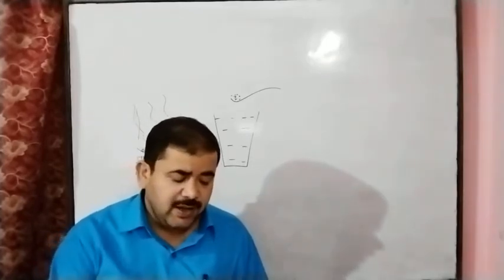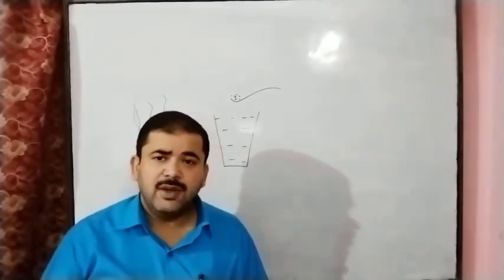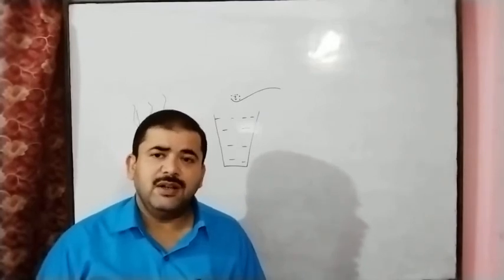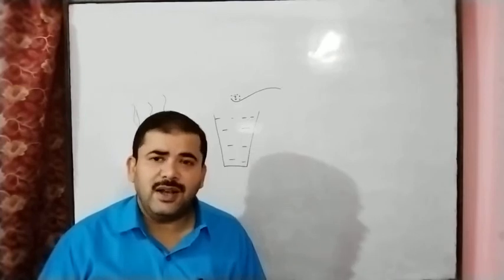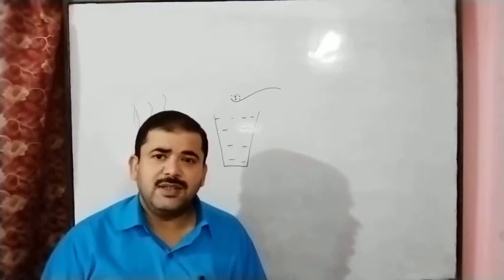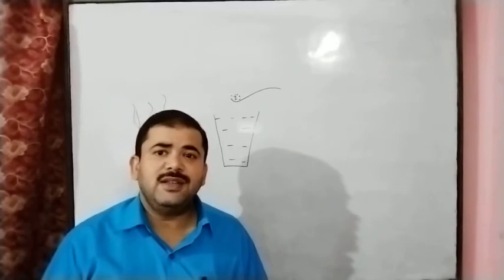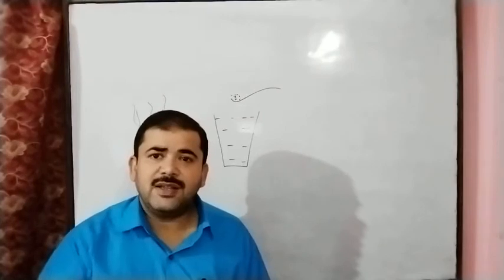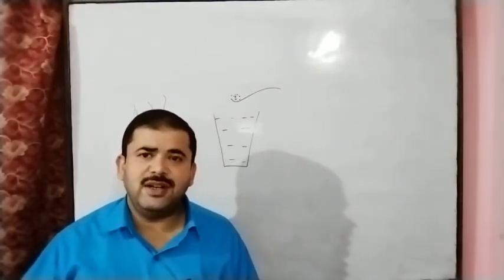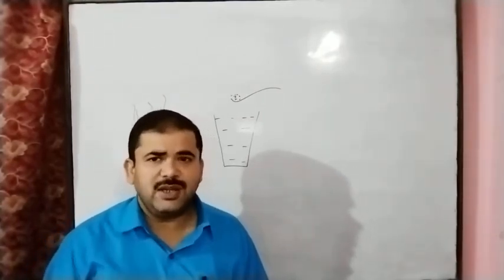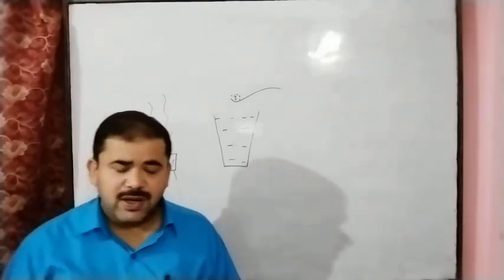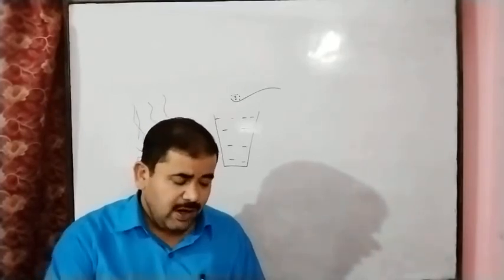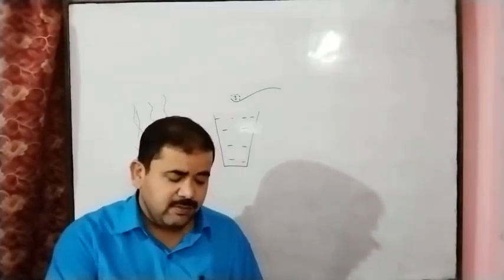So here, if we take the state of the constituents, solid-solid means a mixture made by solid substances. For example, if you mix salt, NaCl, common salt, and sand, we can say this is a mixture of solid-solid. NaCl is a solid substance, and the sand material is also solid in state. So we can say it is a solid-solid mixture. We can also mix sand and chalk powder. This is an example.